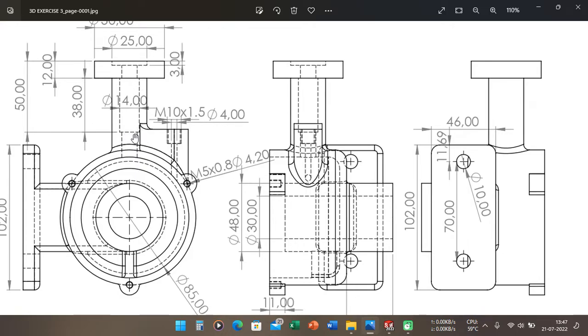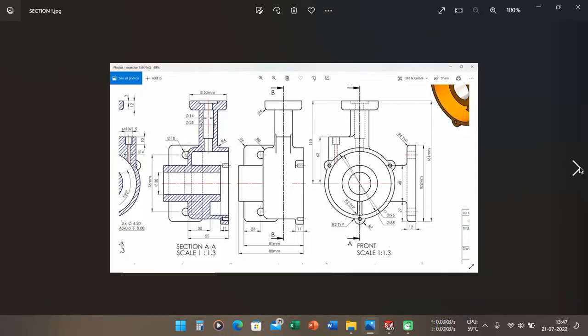The diameter of this hole is 11 millimeter, and then the distance from the top surface of the section until the center point of the section is 110 millimeter.